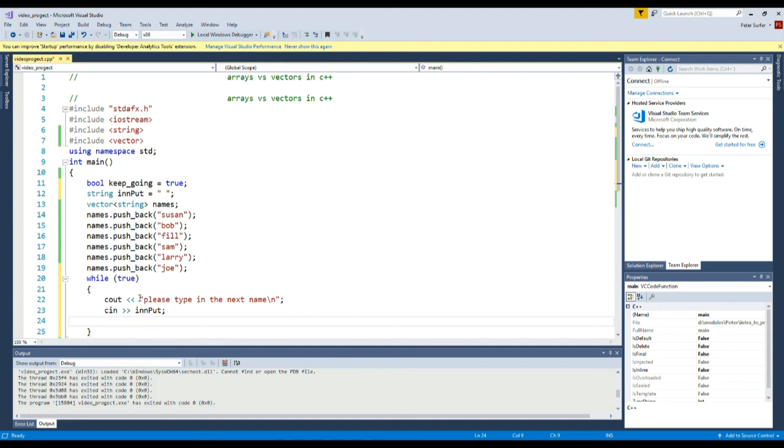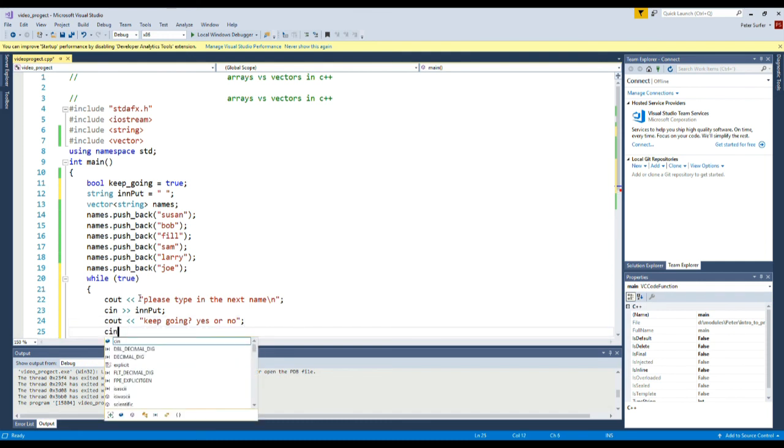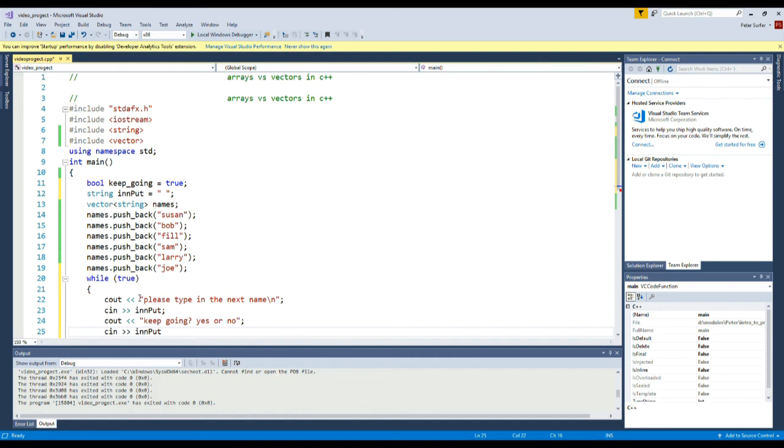Then we can go cout, keep going? yes or no, cin input,